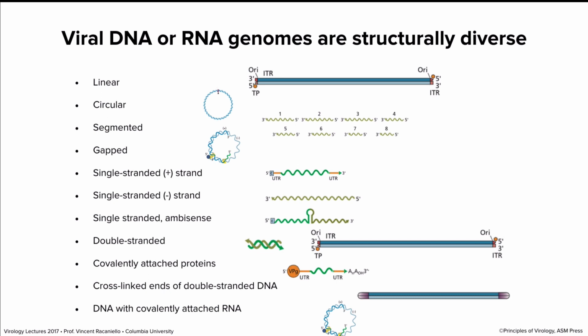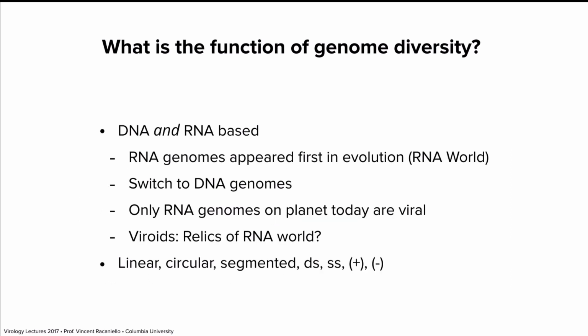So now you're probably wondering, why do we have such diversity? And I can't really answer that question. As I said earlier, diversity simply means that there are different solutions to a problem that work in different niches. However, I can tell you why we have both DNA and RNA-based viruses, whereas all other forms of life on the planet are DNA-based. That is because we think the first self-replicating molecules, or among the first self-replicating molecules to emerge on Earth a long time ago, were RNAs.